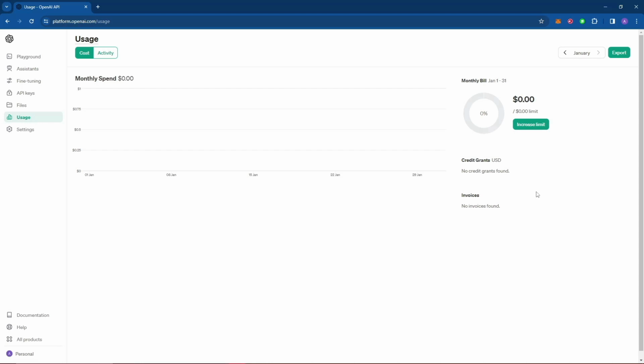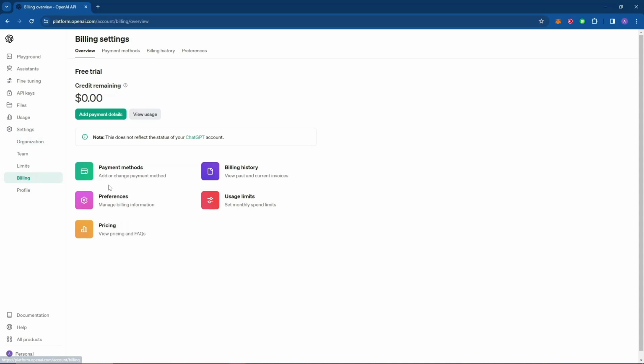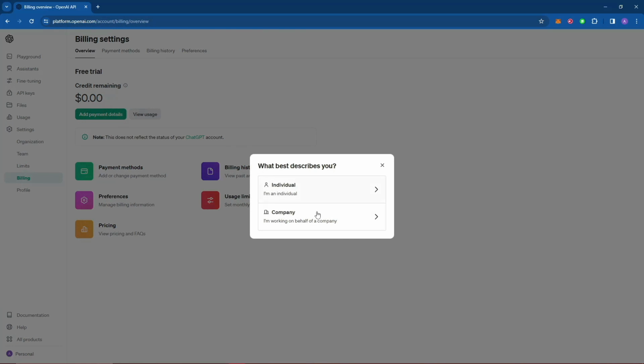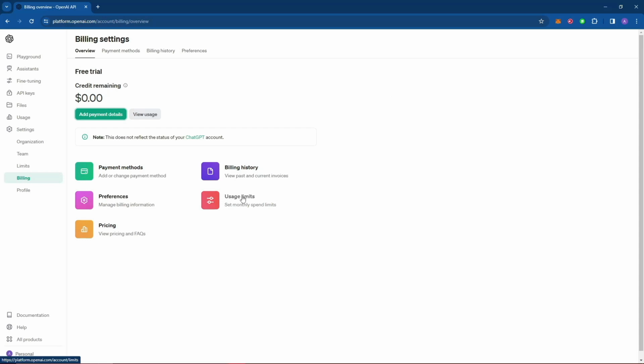So I have another account that I will be using for the API. I have already added some amount into my account. You can also add your credits through settings, and over here you can see billing. So you can add some amount into your credit. If you are an individual, you can just click on individual, add your card details, and it will be asking you for a payment of, I think, $5. So you can add a minimum of $5 into your OpenAI's account